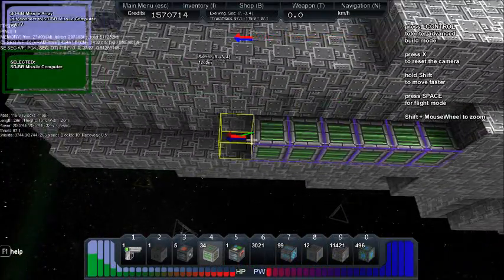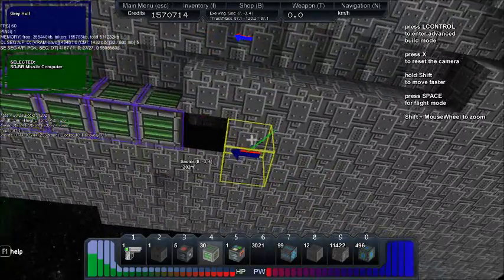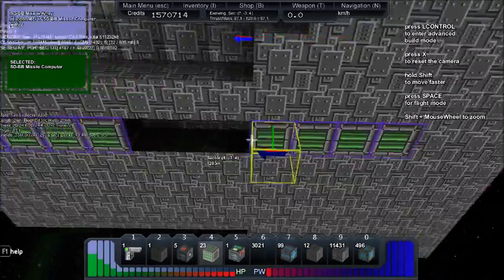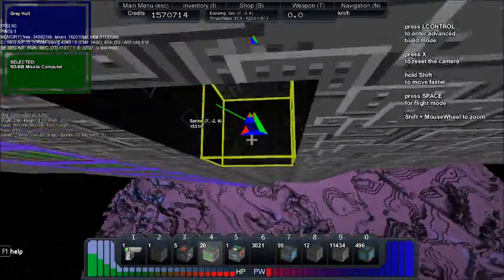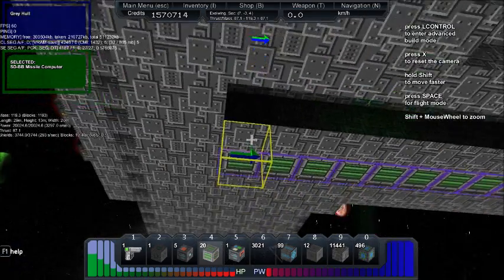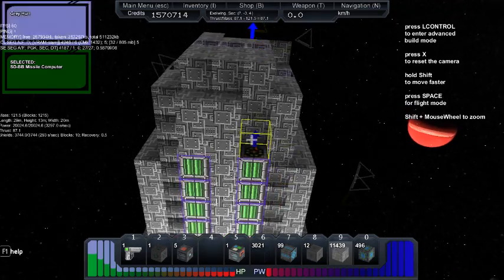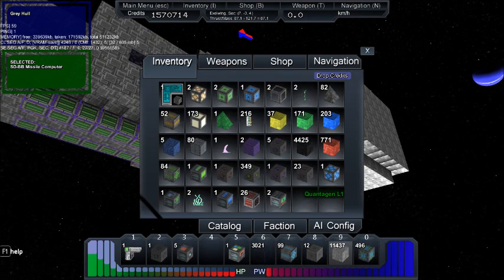Okay, so let's get some missile CPUs just set up. Two, three, four, five, six. There we go. Okay. And that'll keep those mostly safe from being completely obliterated right away. So that's better. And since we don't actually have any turrets, we're going to have to